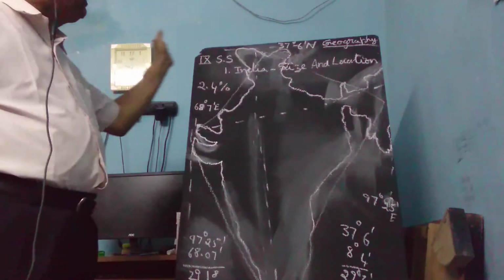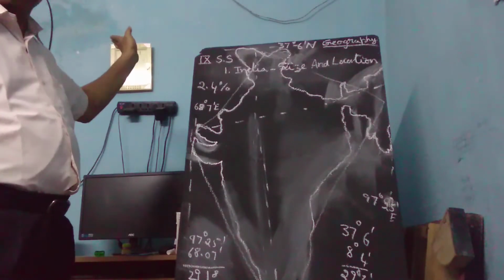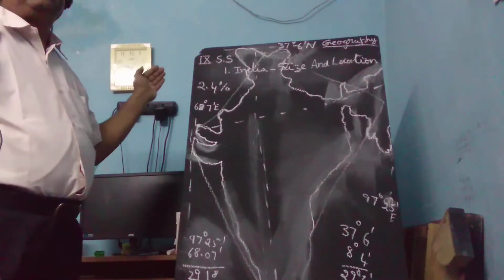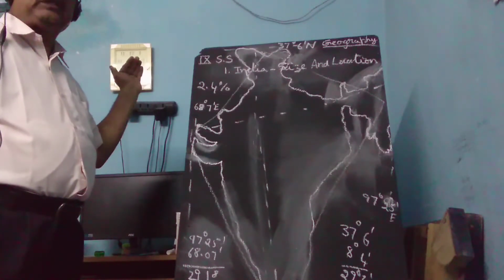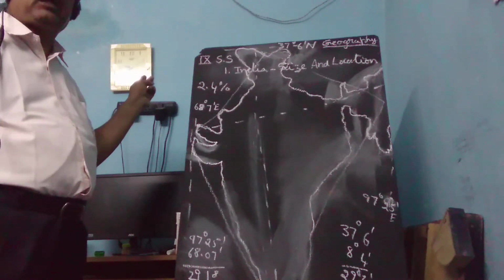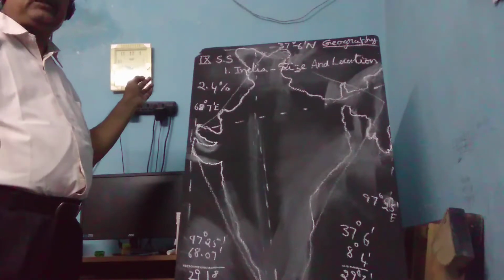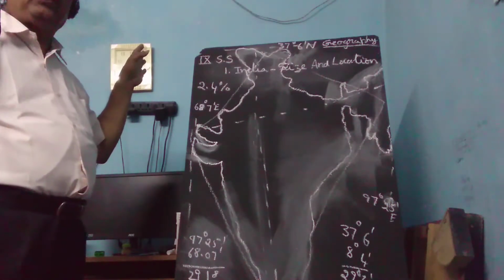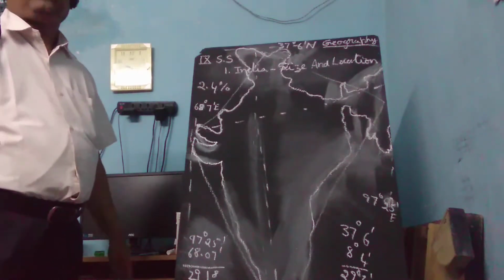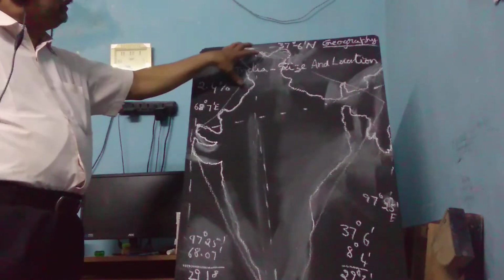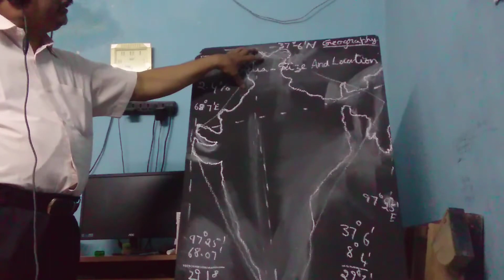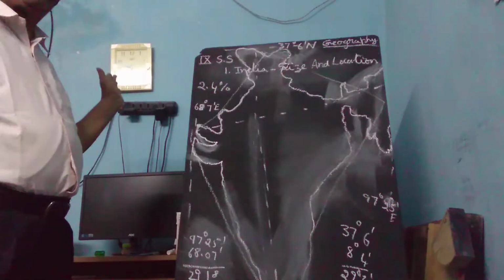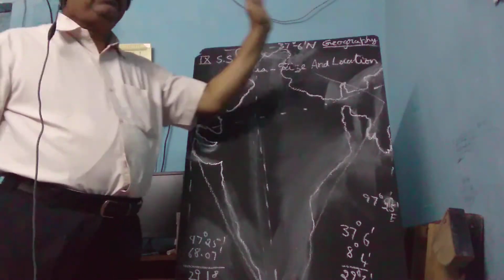From here, if you go by land this way, you can go to many of the European countries and also West Asian countries like Iran, Iraq, next through the Strait of Gibraltar, you can enter into Europe also. So this is the important location of India in the land route from the east to the west, or from the west to the east.